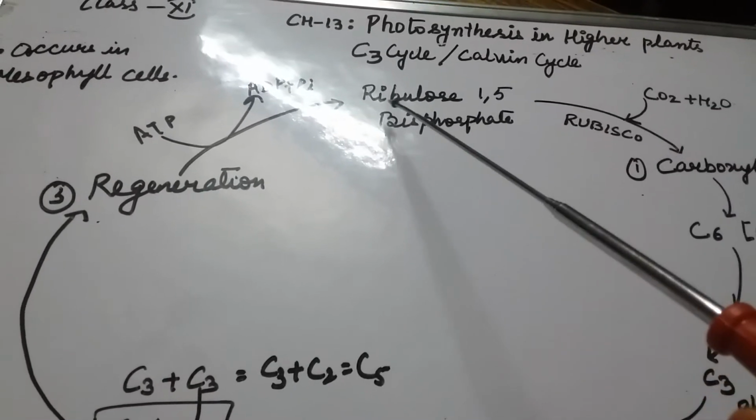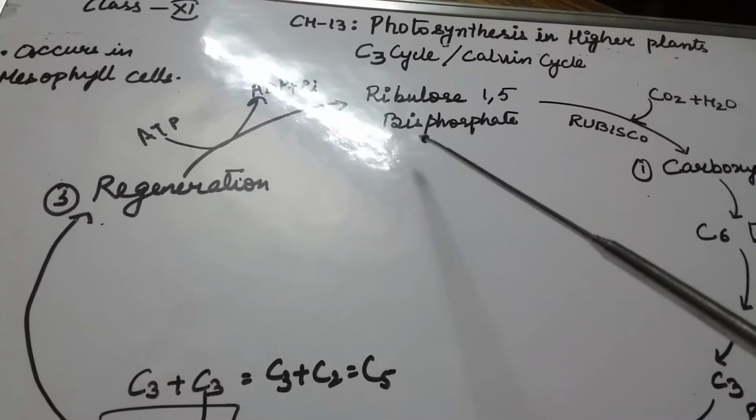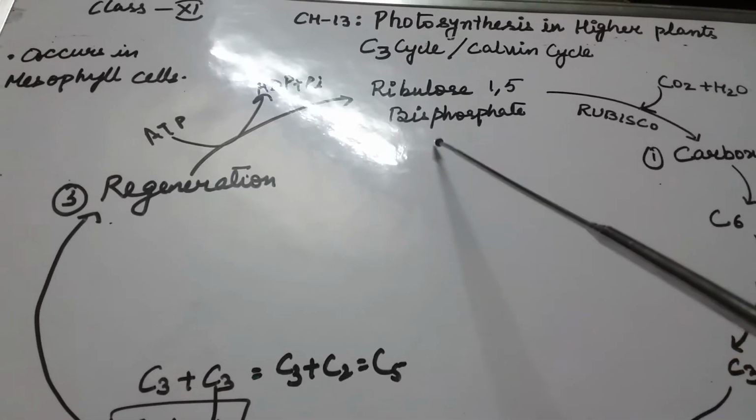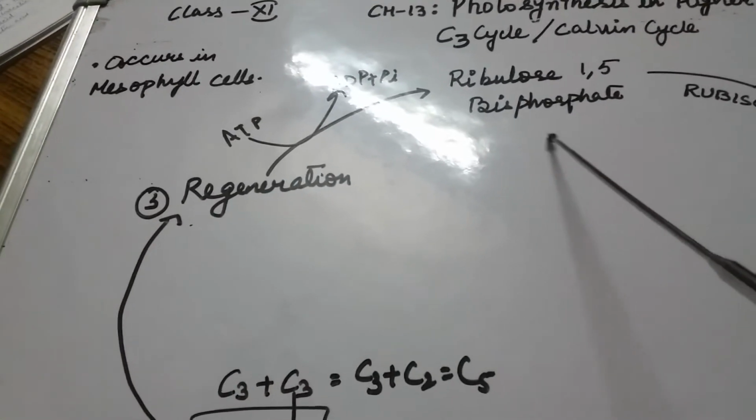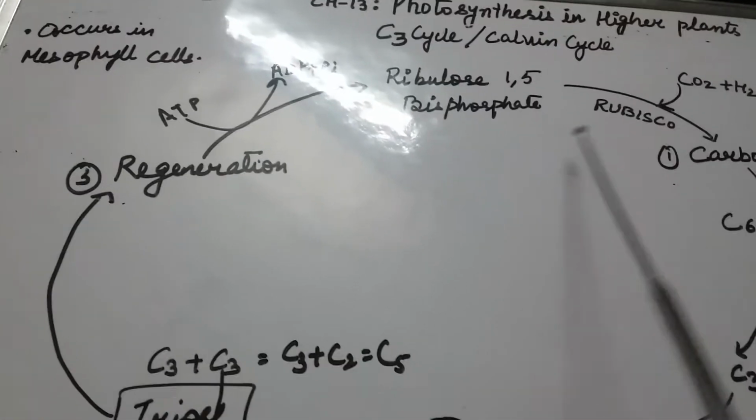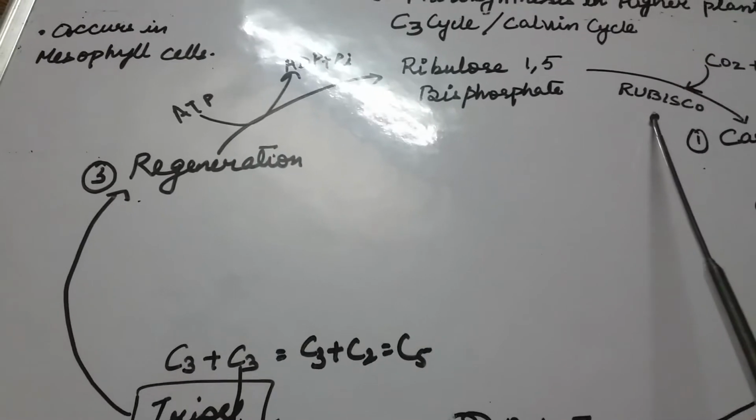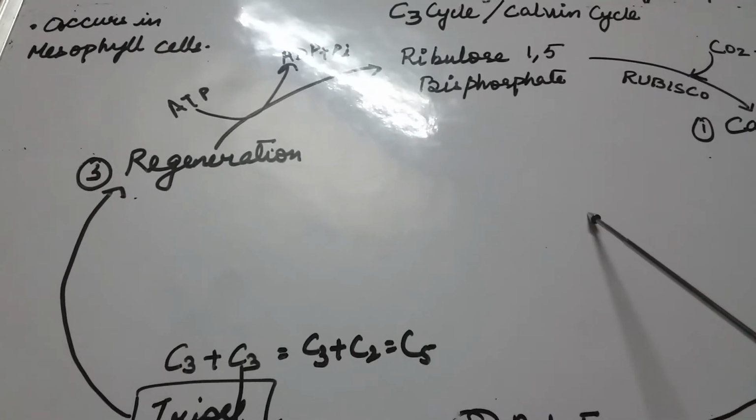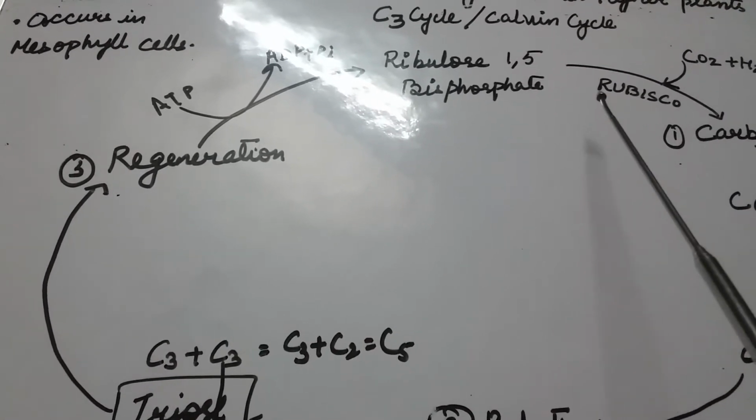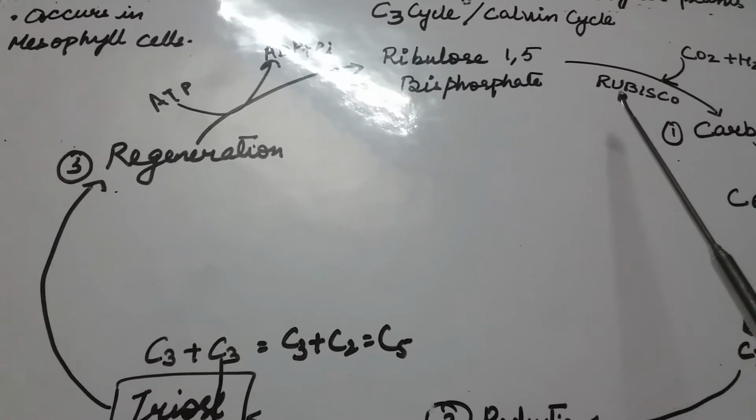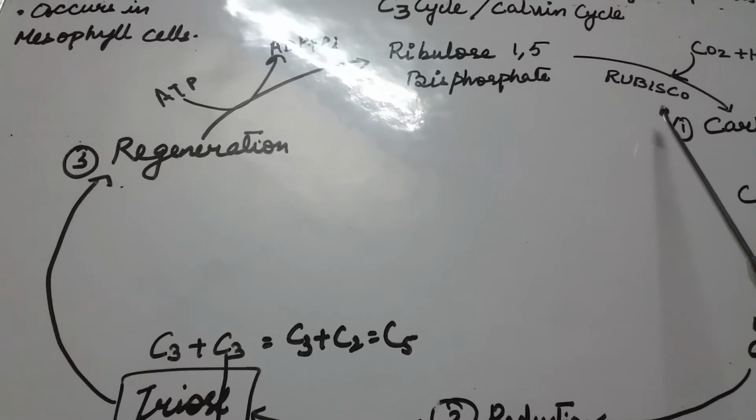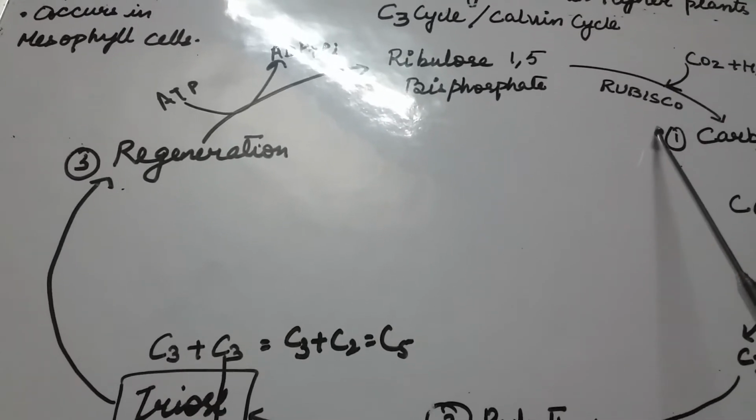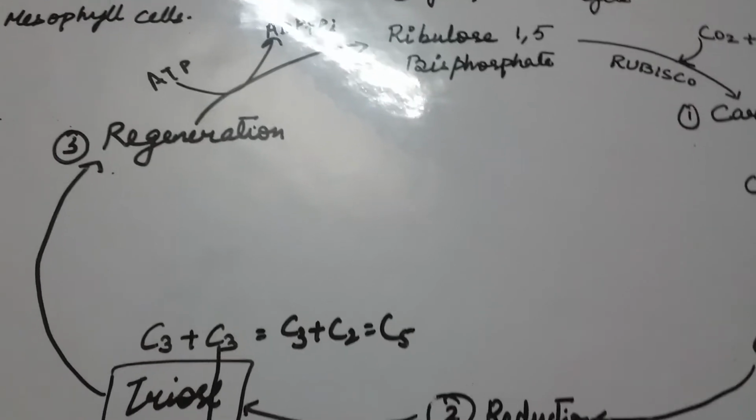Now let us start with the cycle, which starts with the C5 compound, that is ribulose 1,5 bisphosphate. This reaction is catalyzed by the enzyme Rubisco. RuBP is ribulose bisphosphate carboxylase oxygenase enzyme. In this reaction, there is formation of